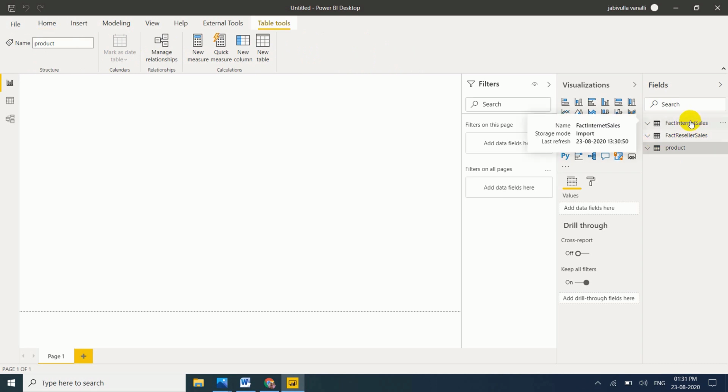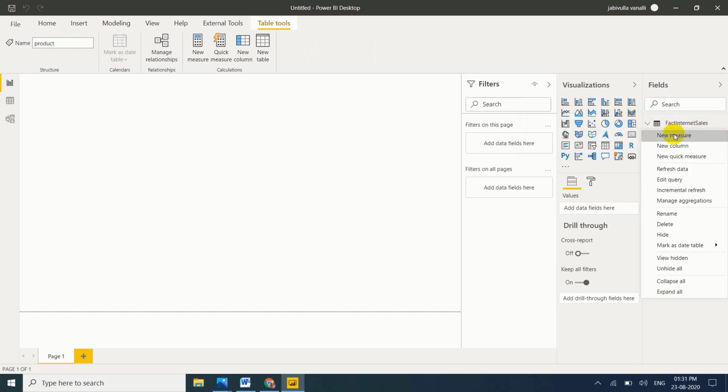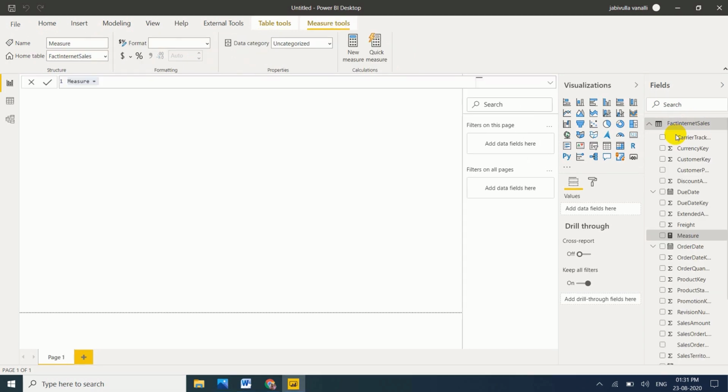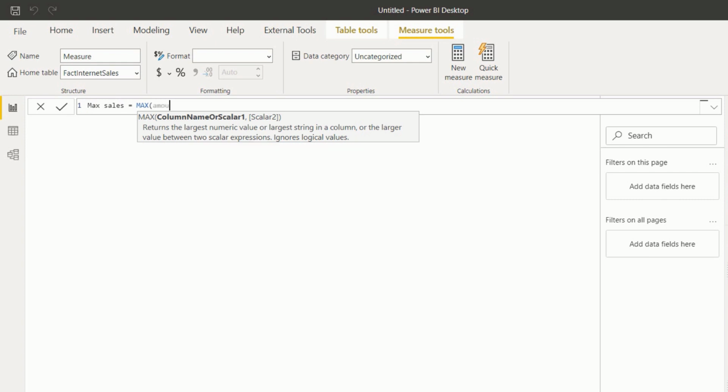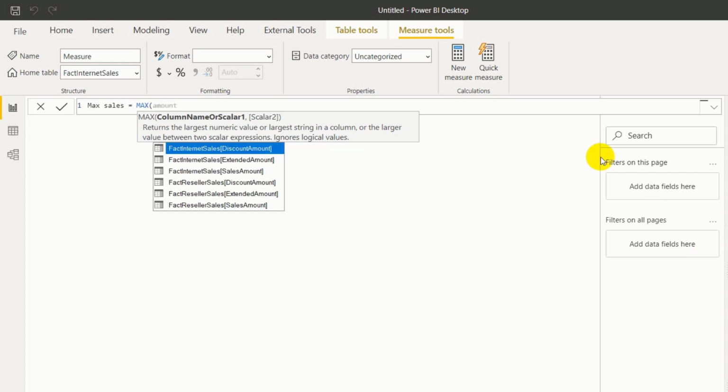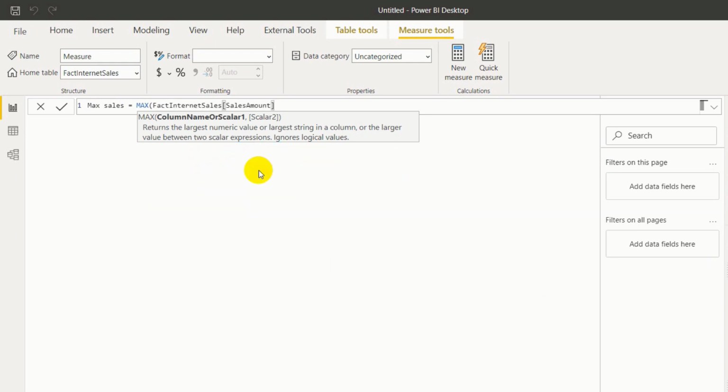Now I want to find the maximum value from FactInternetSales. Right click, new measure. My measure name is MaxSales, equal to MAX of SalesAmount from FactInternetSales.